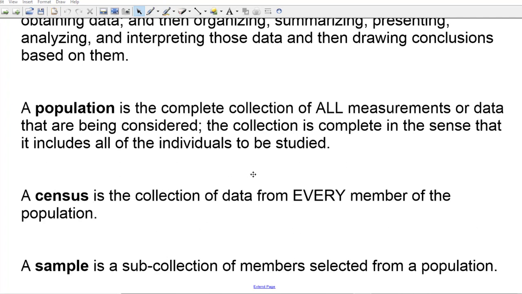So a census is the collection of data from every member of the population. They want to try to collect as much as they can. Most of the people that do not fill out a census are low income people, because it's asking personal questions and they're embarrassed about the income that they make. Also homeless people, because they don't have an address, and so they won't fill out a census. And illegal immigrants will also not fill out the census, okay? But they are living in our community and are part of it, so that's what a census is.